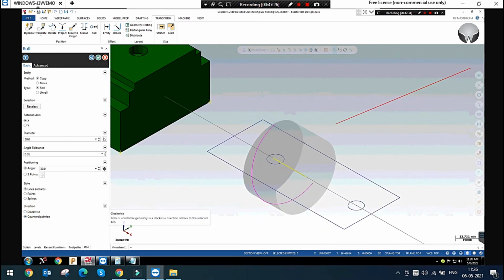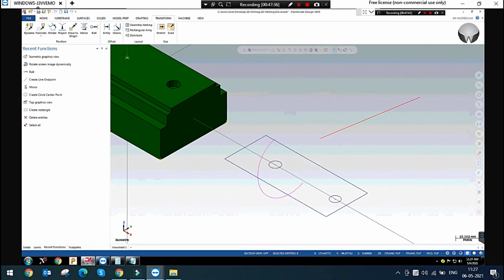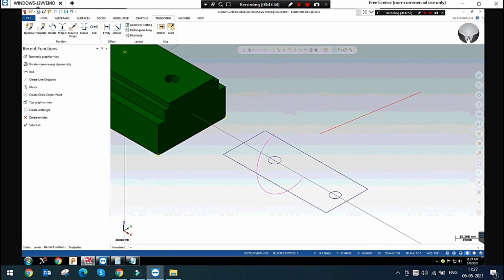You can see the changes. This is clockwise and this is counterclockwise, the direction. This is a roll option. You can roll this line with this type of roll, the same as the revolve, brother.